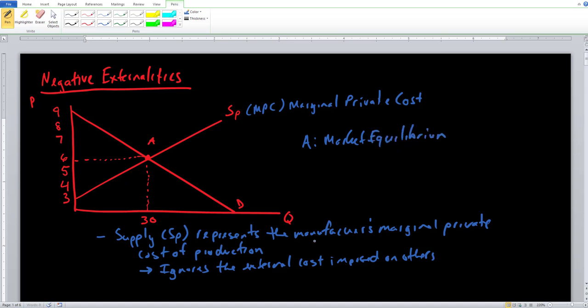And that is just the equilibrium that we have been dealing with for a very, very long time. So ignoring these costs, we can go ahead and say that this is our market equilibrium. Ignoring these costs, market equilibrium, or we can just say equilibrium in general, is at point A. And hey, point A is our market equilibrium.